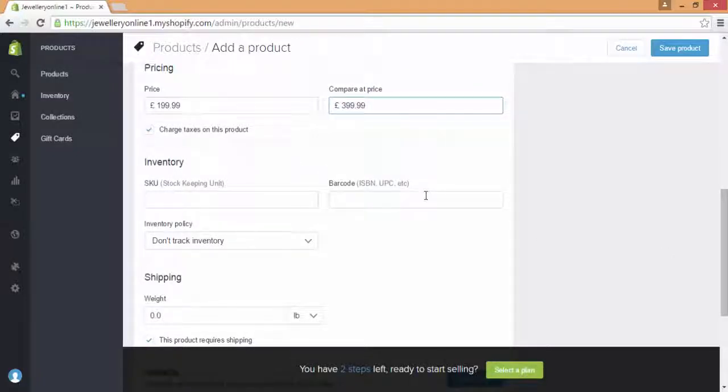The SKU and the barcode is really just a way for us to be able to track inventory and to know what's going on. Shopify has a really good reporting system and allows us to interpret data in so many different ways. So if you want to add that, you can add that. We're going to leave that for now, but we are going to